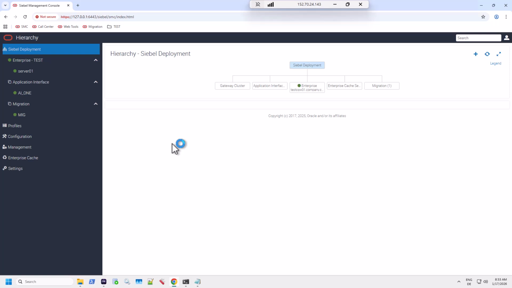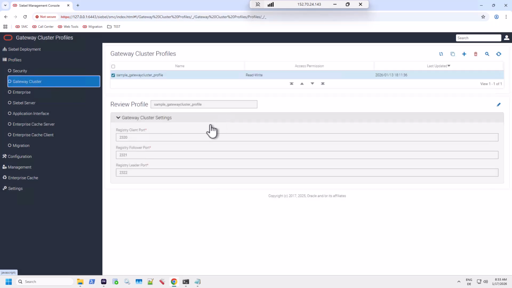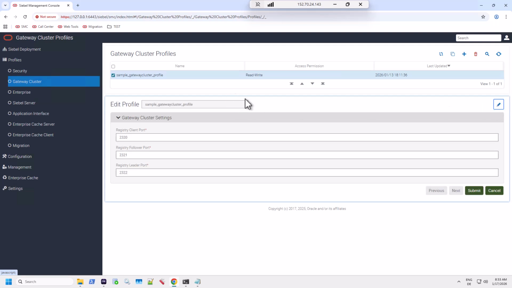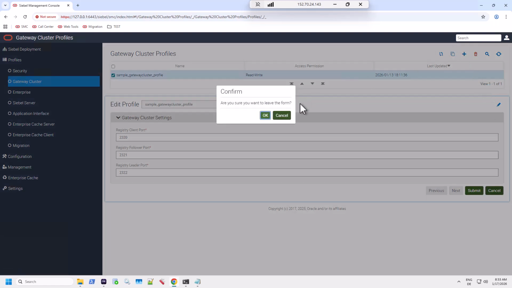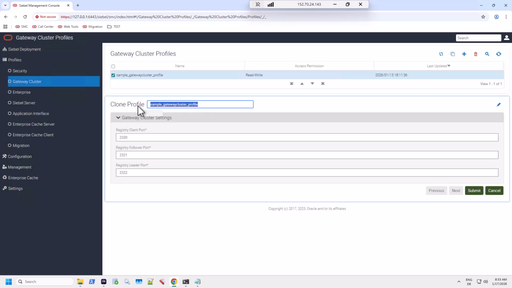So of course you need additional machines, which we have, but you need of course a gateway cluster profile. And the gateway cluster profile is the simplest profile type. It just has three parameters, which are the ports. And yeah, let's clone that, create a new one,